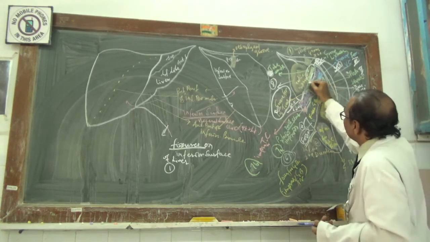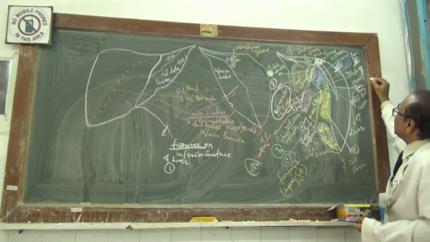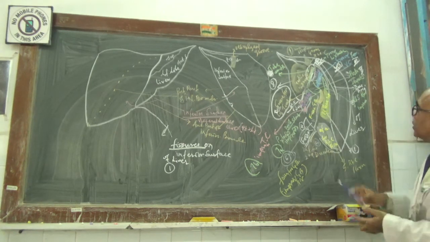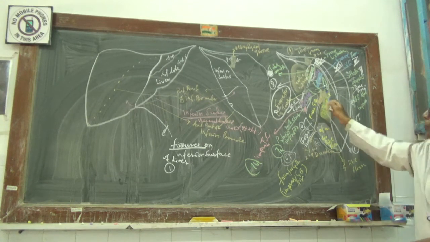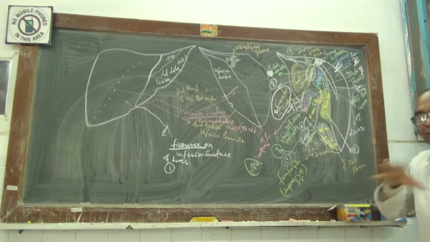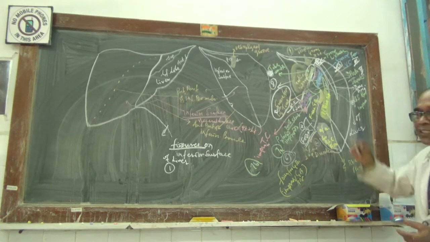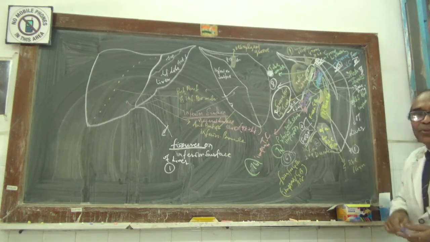Now you have got this. There is a transverse fissure. Now the transverse fissure is called as what? Porta hepatis. Now the porta hepatis is a what? Transverse slit. This transverse slit is called the porta hepatis. It is also said to be a gateway for the liver. Through this, many vessels, many structures enter and come out. Then, what is the relation of the porta hepatis?